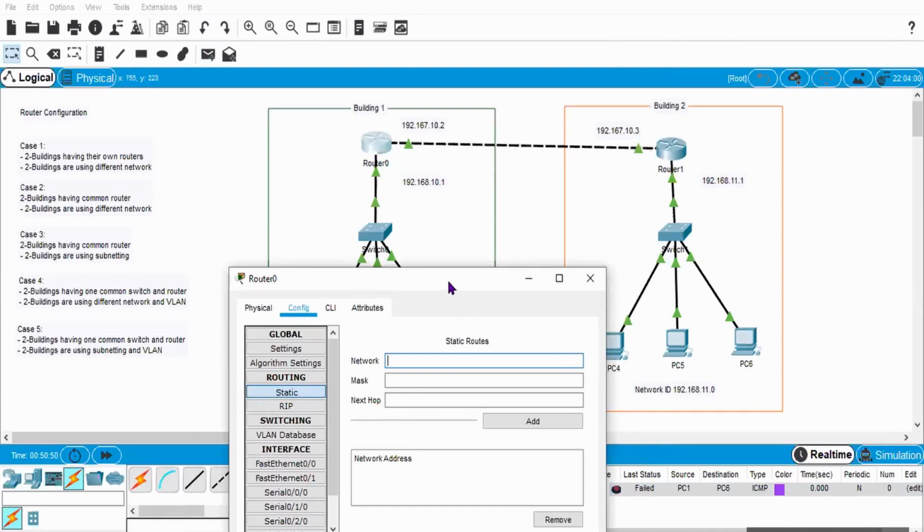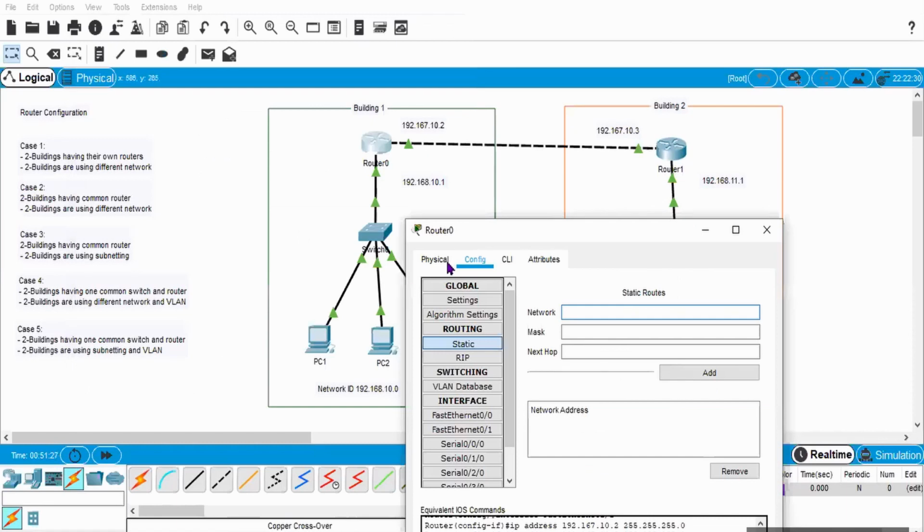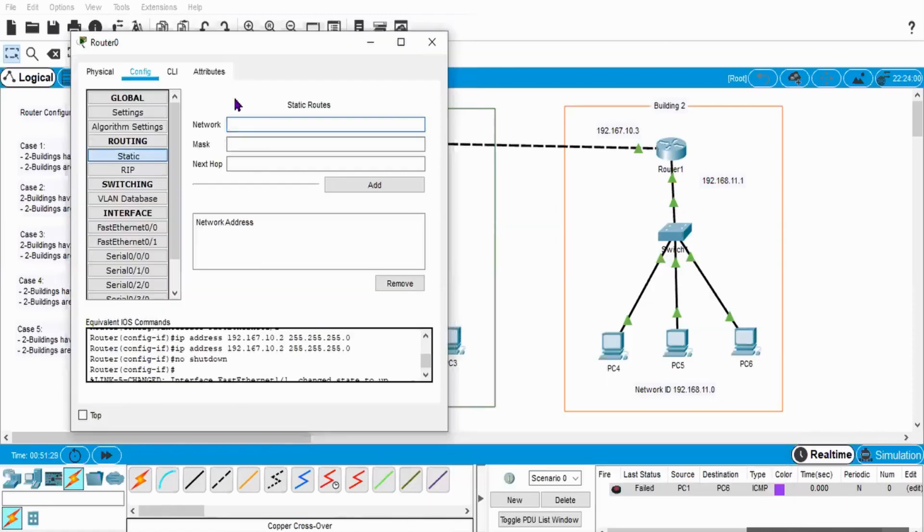At least I need to know for which destination whatever router port I'm connecting is. The first adjacent destination you need to define. It is compulsory. I am in building number 1, so I need to define building number 1, for this 192.168.10.3 where I am connecting.